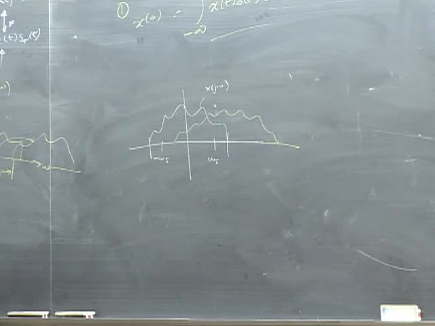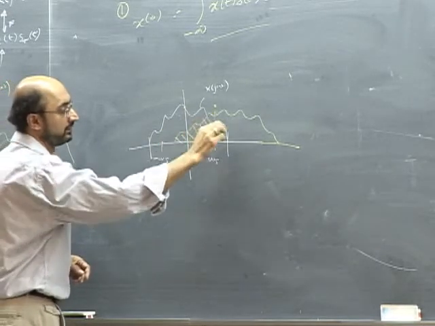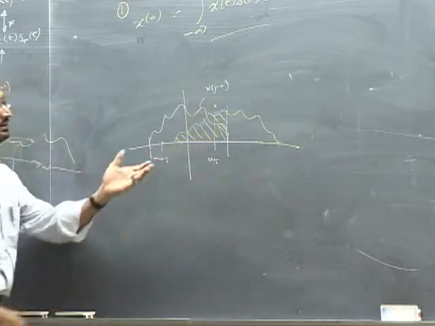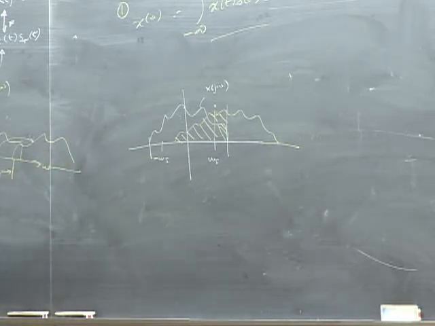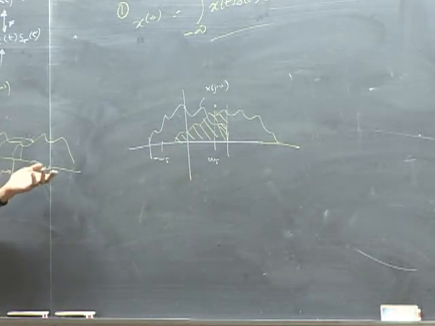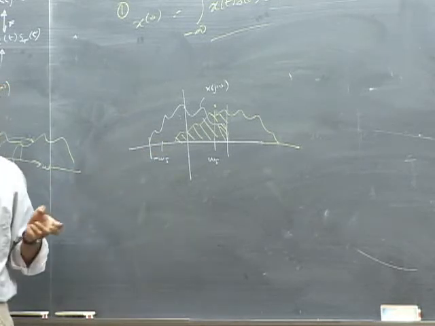So we see that this part, in frequency space, the frequencies are overlapping. In frequency space, we have overlap. So if I were to send you the convolved output,